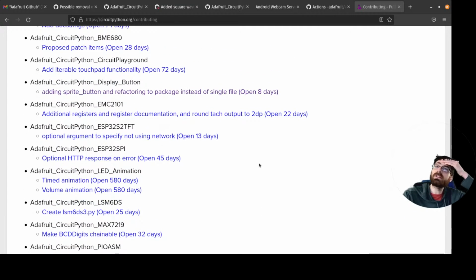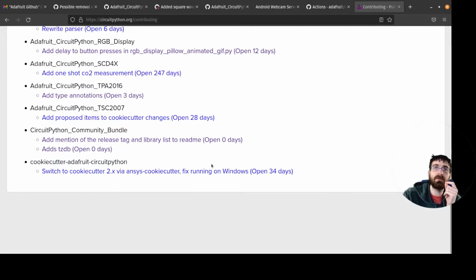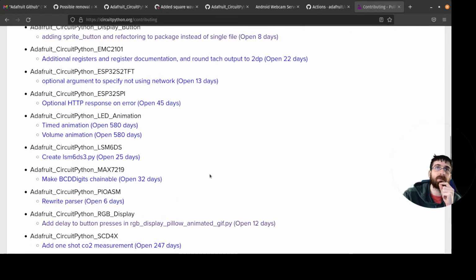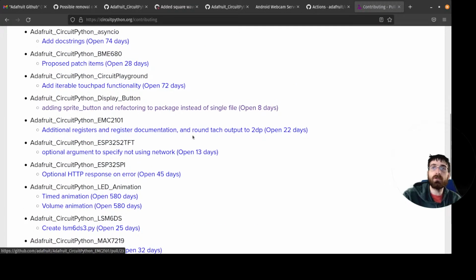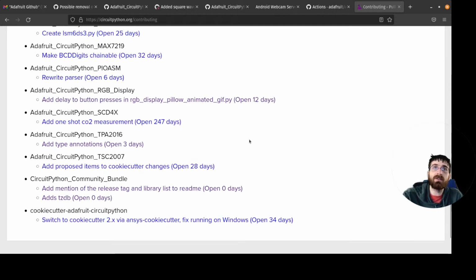But most of the stuff in here is either a draft, is a PR that I did and therefore I can't review, like the display button one, although that one's a draft too, or just stuff that's open but waiting for changes, like it didn't pass actions, or it needs changes that have already been noted in a comment. That's basically where we're at on the ones that are open.